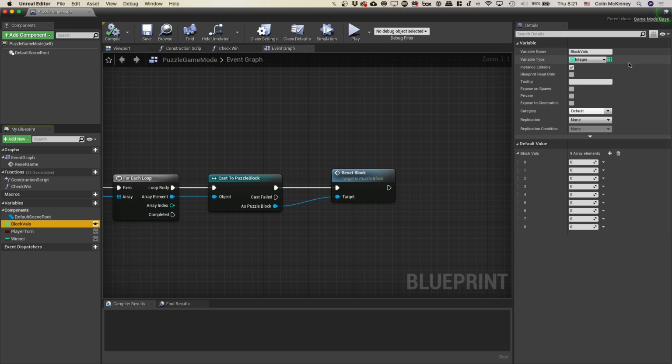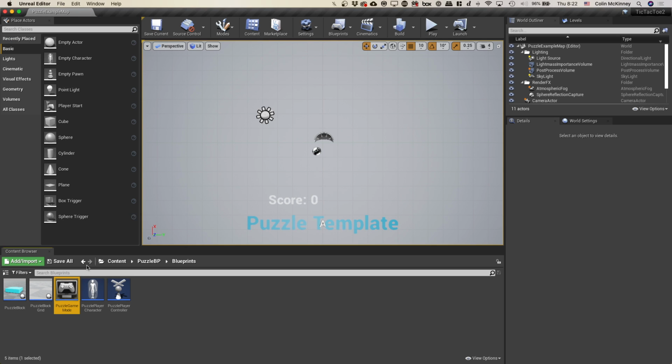I needed to create the variable to keep track of all that, so that we'd be able to determine who won or not. Let me close that. All I did there was create the variable. Now if I go back to the block,